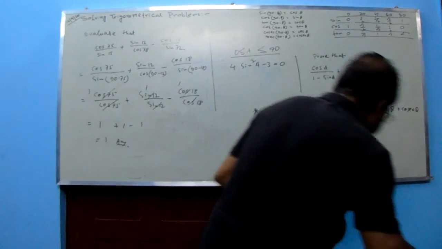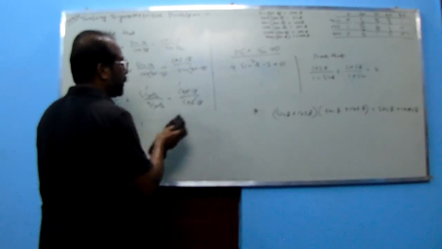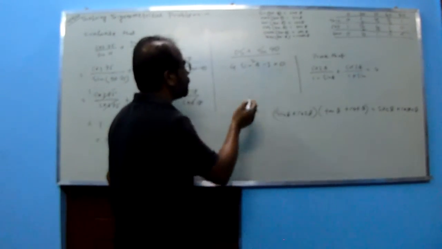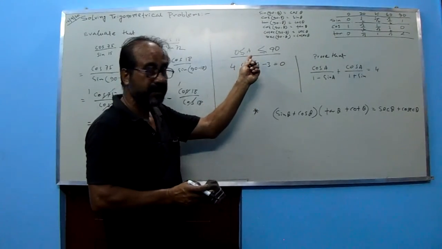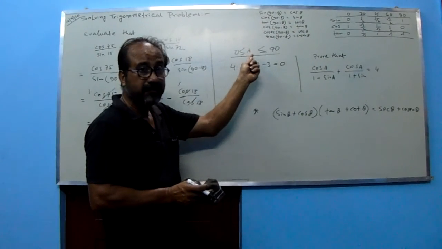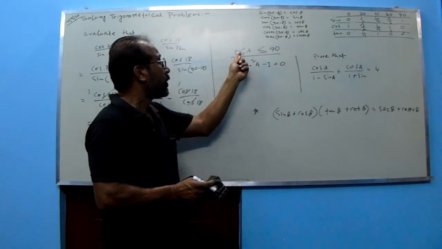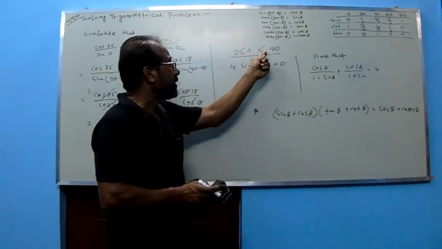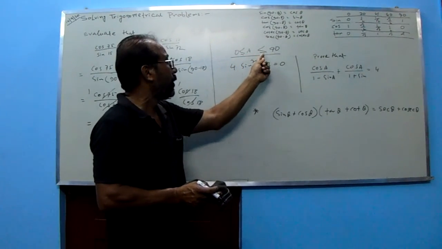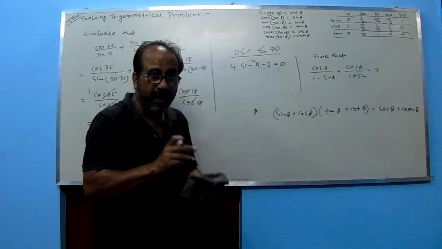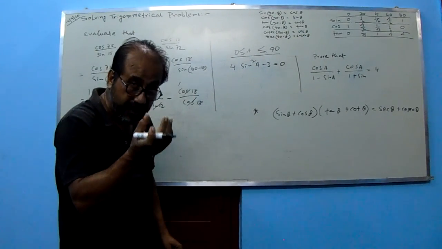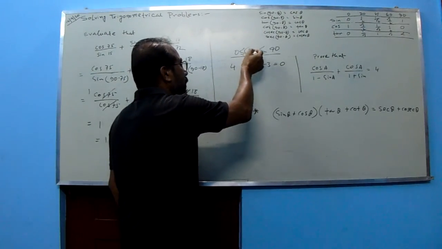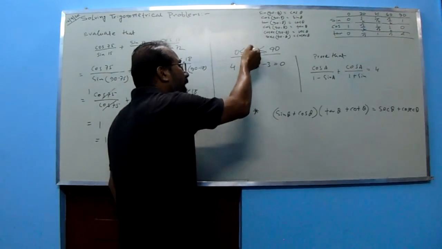So this part, this is also one. Let it remain here only. Now this math, once I am doing, this is very easy. Once they are giving some angle A, there is the limitation that it has to be greater than or equal to 0 degrees and less than or equal to 90 degrees, meaning the value of A can be taken between 0 and 90. This is the angle actually. So what is the value of this A?